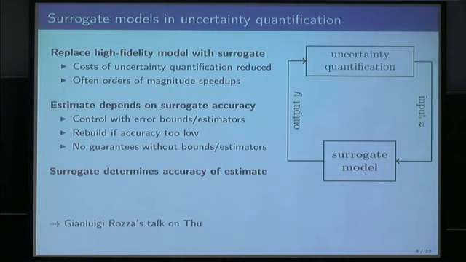This gives often fantastic speedups, but it's also clear that the error of this surrogate model is introduced in the overall estimate. For example, in your estimate of the expected value that you want to have, or in the samples of your posterior distribution in case you have a Bayesian inverse problem, and so on. So it is critical that there is a rigorous error control for the surrogate model available to use such an approach, and Gianluigi talked about this in his presentation, for example, where error estimators are critical.